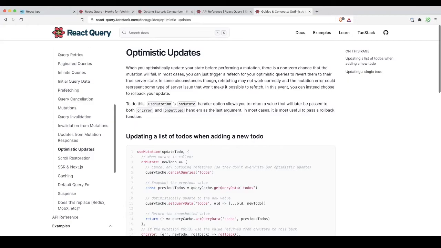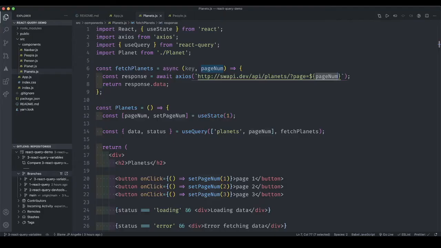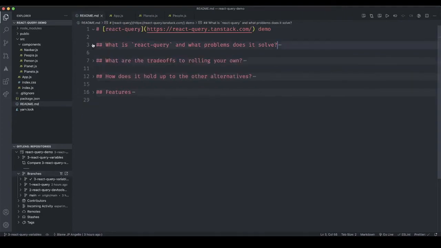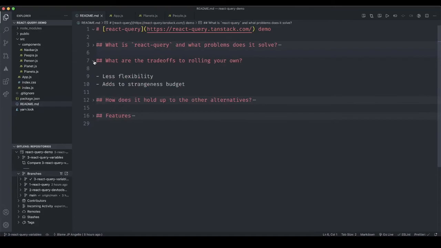So that covers all of the code demo. Back to the README. So what are the trade-offs to rolling your own? So the first thing we explored, which is using just use state or use reducer,